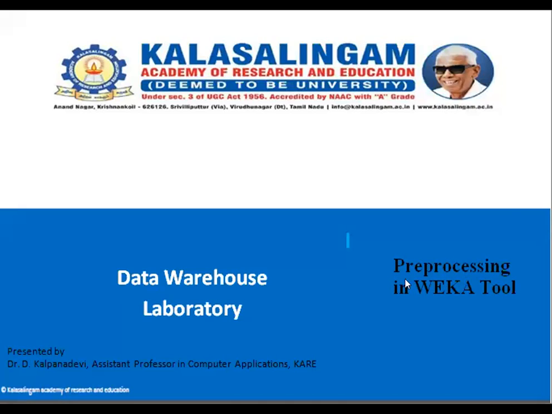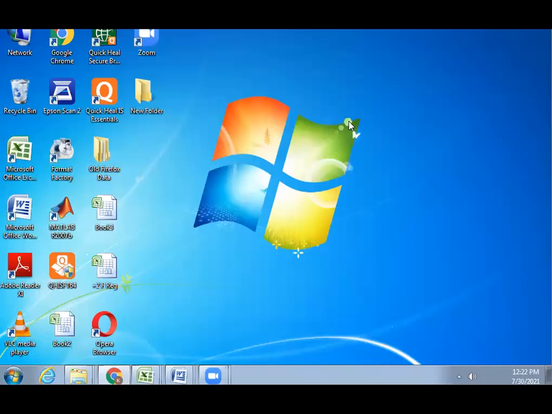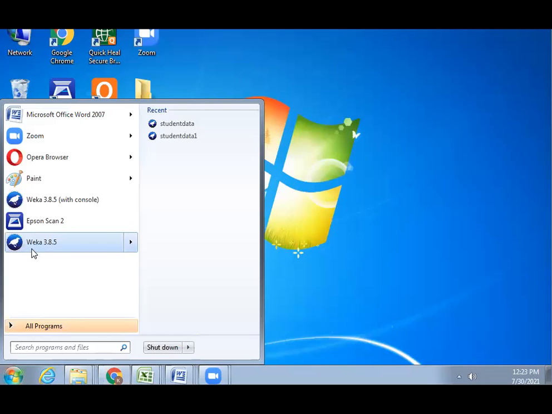Our session is going to see pre-processing in the Weka tool. First, the Weka tool should be installed inside the computer. Then after the installation is complete, the Weka icon is inserted into the start menu.